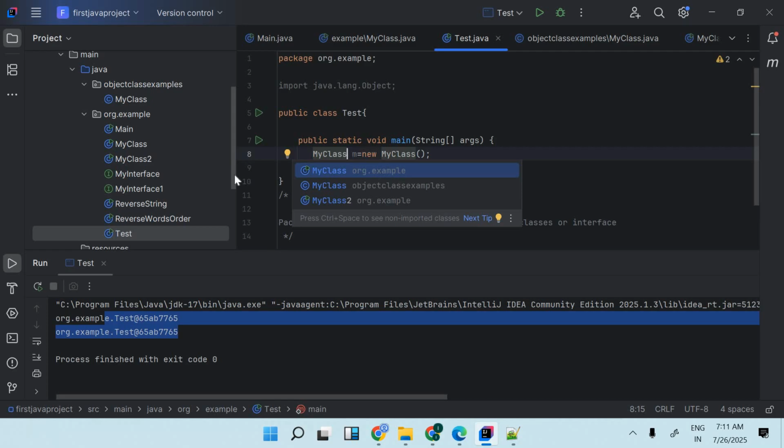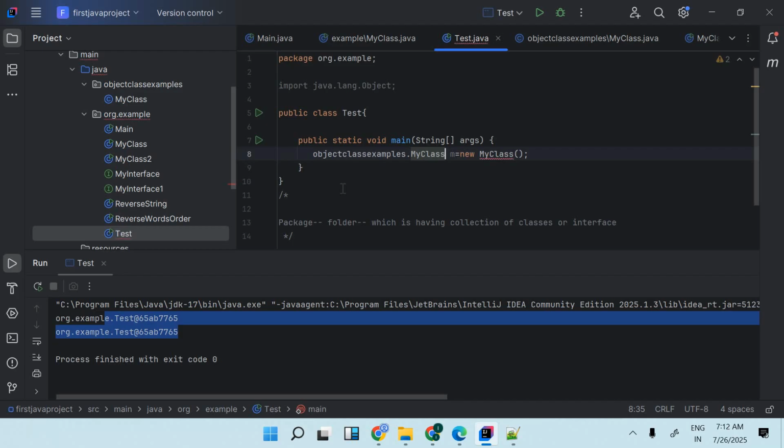So org.example, I am writing this test class under this only, right? So this time this import is not required. Second, it is giving me an option. We have one more MyClass, which is a part of the object class example. So which one do you want to keep? Let's say I want to keep this one only because I want to use this. Here it is taking it this way, but we do not want to keep it this way. We have to do it like an import only. So here I will keep